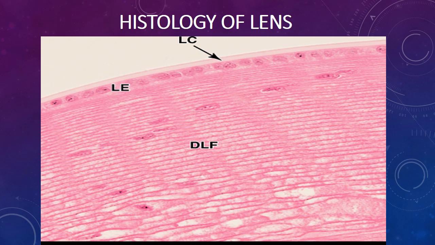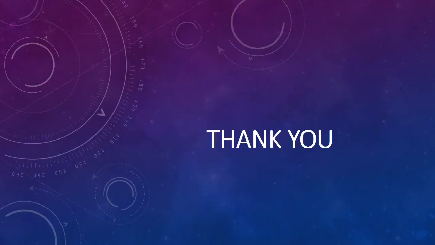You must focus on the retina. That is very important from the examination point of view as well as in histological practicals. You must memorize all 10 layers of the retina, and I think they are a bit easier now if you study them very carefully. So here I end today's lecture and also the whole of the histological structures of all layers of the eyeball.